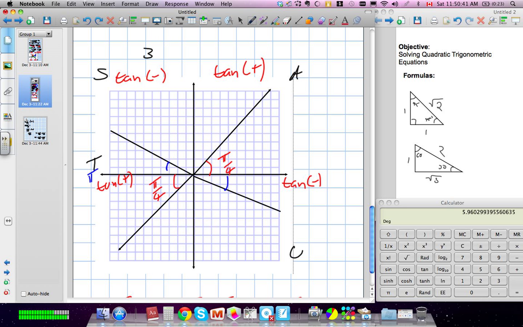Right now, this is going to be our 18.5 degrees, and this will be our 18.5 degrees. So we have those two measurements. We're going to have to find this angle, and we're going to have to find this angle. Those are the two more angles we're going to be looking for. So on our next page,